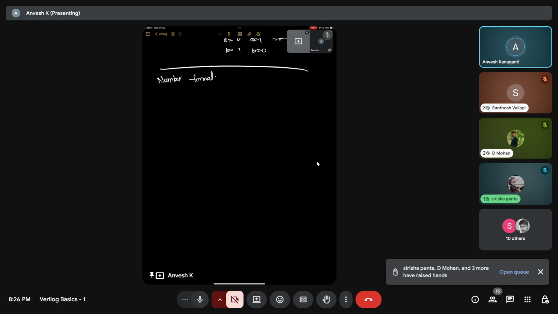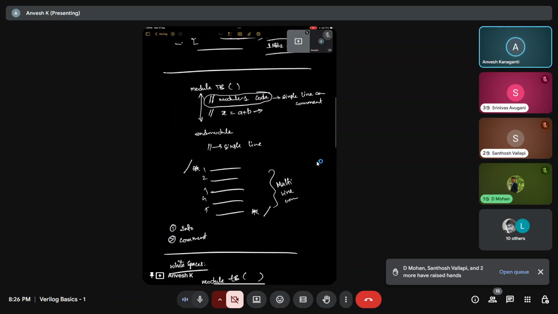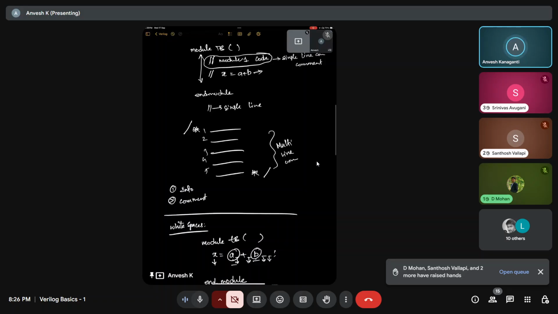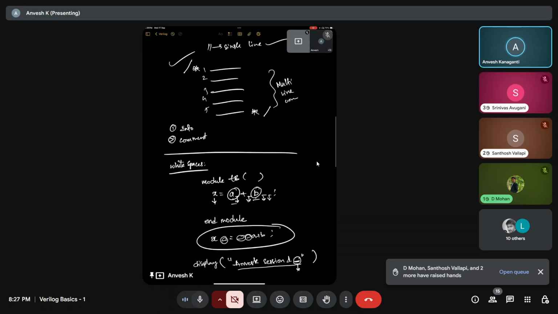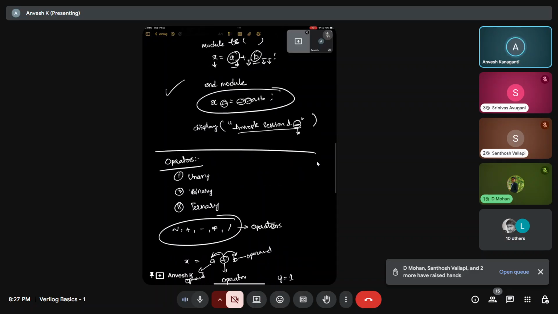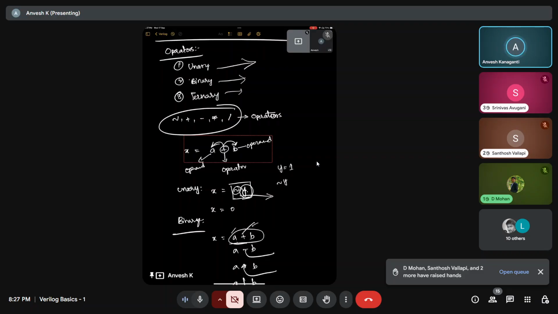So until now, what have you learned? Whenever you are doing coding, you can add comments, and you know how to do a single line comment and how to do a multi-line comment. What happens if you use some white space, and where you can use it. What kind of operators there are. These are small things, and I could directly go deep into Verilog, but why I am telling you these small things is